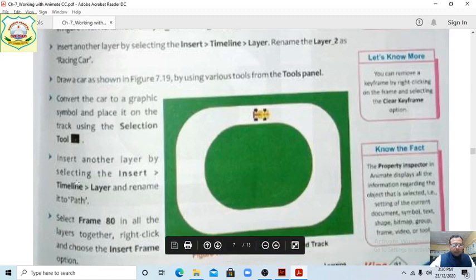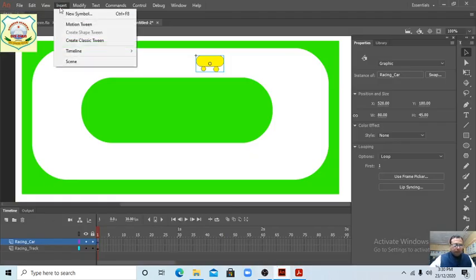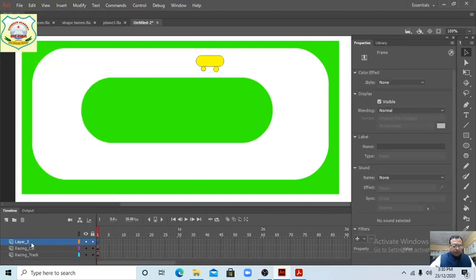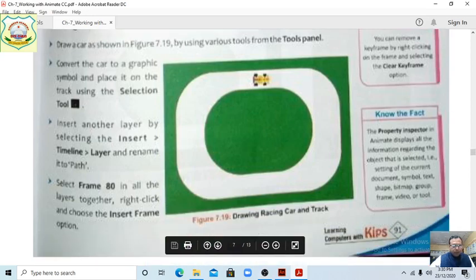Insert another layer, by selecting Insert, Timeline, Layer, and rename it path. Again we will insert the layer for path. Now we have taken path. Select frame 80 in all the layers together.